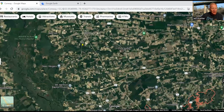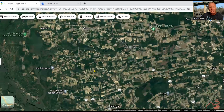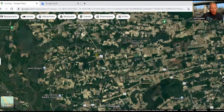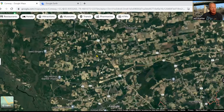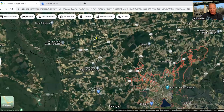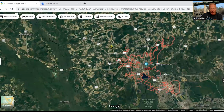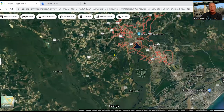And this is, again, a more rural area where you're going to find some homes with some acreage, at least an acre or more to put yourself on. You're definitely out in the country. You're in God's country at that point. Okay, if we go further southwest of Conway, and you're looking to have more convenient access to Georgetown or to Charleston or further south,